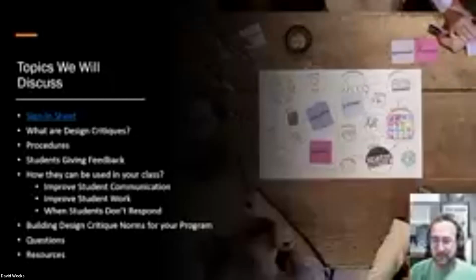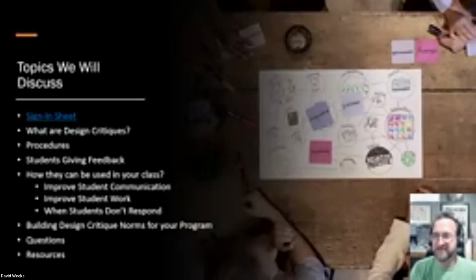I know when I started mine in my classroom, it did take a couple of sessions before students really got into how they worked and felt comfortable giving feedback. Then we'll talk about how to build norms, and I hate to use rules, but procedures for your design critiques, because that helps the students to understand what their roles are supposed to be and what the expectations are for them. And then at the very end, I'll take questions and talk about a resource packet that I'm going